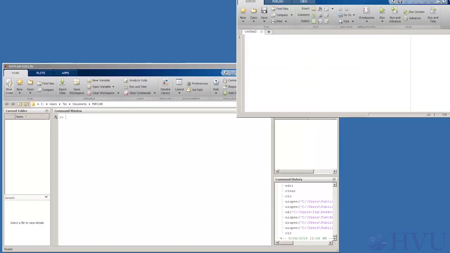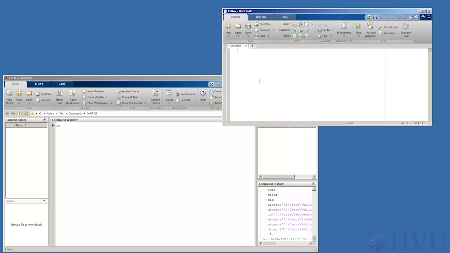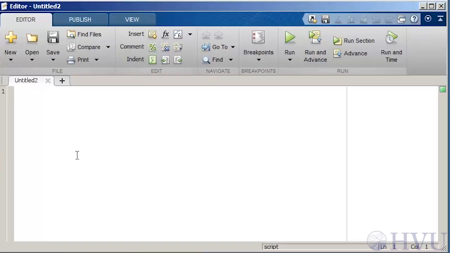One way to create a script file is to click on the New Script icon on the Home tool strip. This opens an editor window. Just type the commands that you want to put in your script file. I'll type in a few random commands. For example, I'll set var1 = 3; var2 = 2; var = var1 + var2; and finally myvar = cos(var);